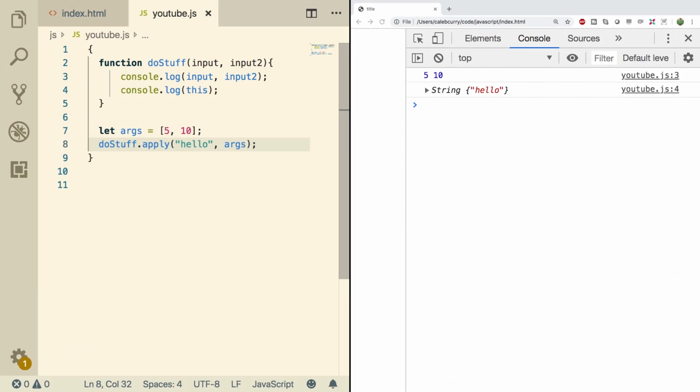So bind is another useful function that you're going to run into. And the purpose of this is also to change the value of this. But it works a little bit different than call and apply. Call and apply change the value of this right when you are invoking the function. Bind is a little bit different because it's actually going to give you a new function where the value of